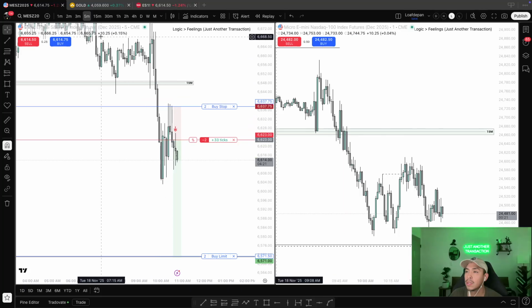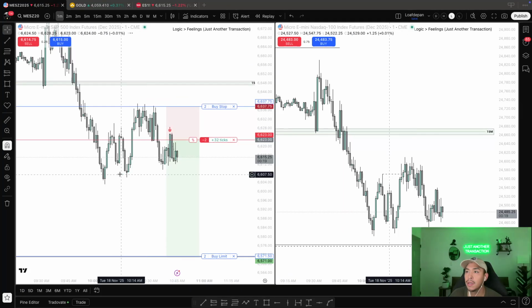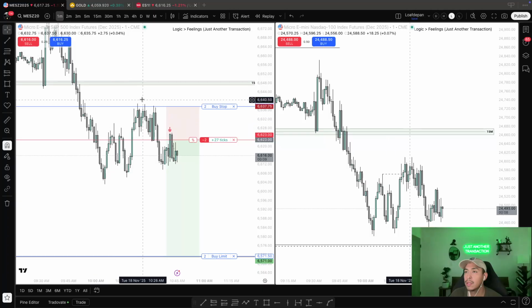But yeah, the idea behind this is the same as always. We were in this consolidationary period here, just going up and down, up and down, up and down. This was the initial trade I wanted, and as soon as I saw this, that idea was off the table and I waited for that to get taken. I wanted to see some level of manipulation, which we got here going higher. And now I can go ahead and enter short.